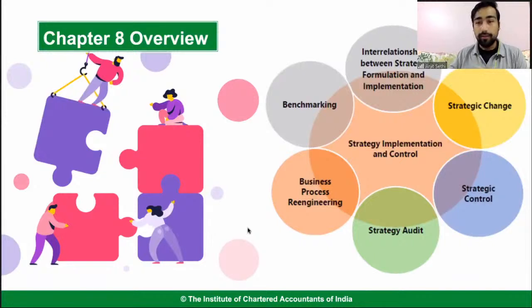What all will we study in this particular chapter, right? इस chapter में हमने पढ़ना क्या क्या है? What are the different concepts we will cover in this chapter? Number 1, very important, we will study about interrelationship between strategy formulation and implementation, right? Strategy form करते हुए, how do I create? When I'm planning, I should side by side also look at the practical aspect, right?